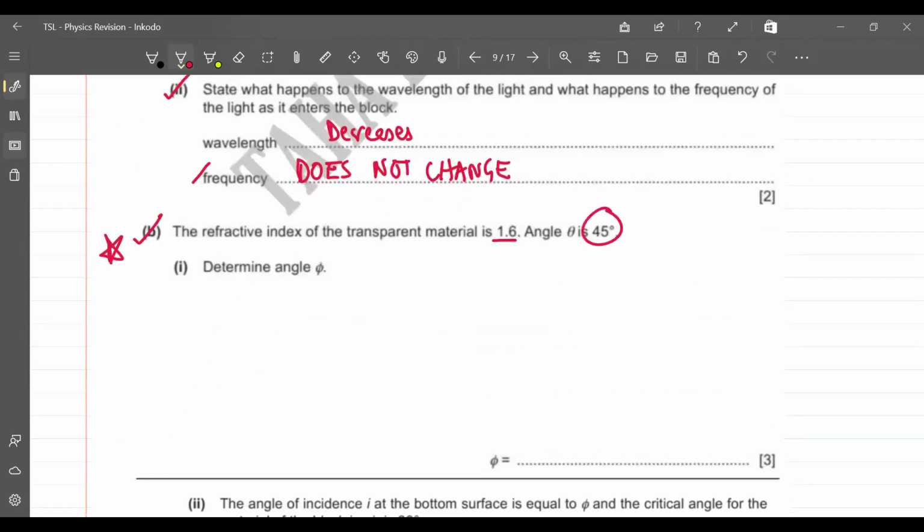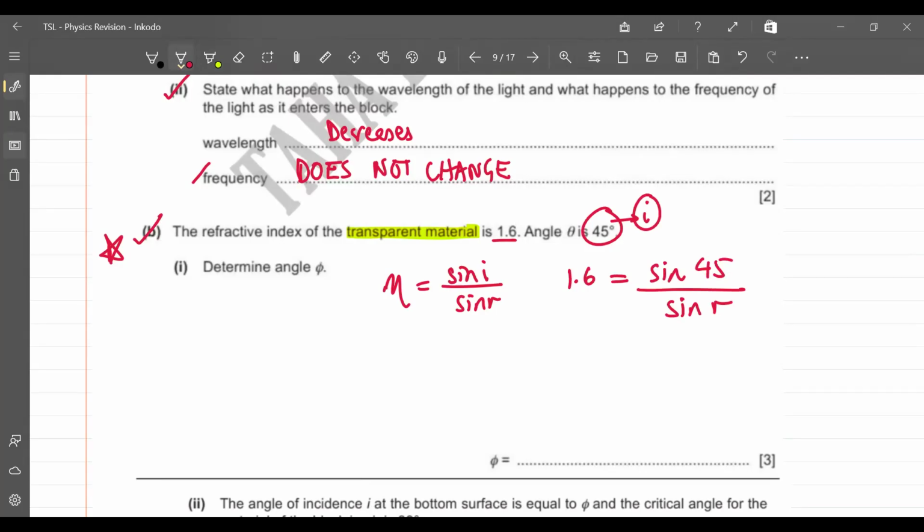एंगल थीटा इज 45, एंगल थीटा इज द एंगल ऑफ इंसिडेंस, ठीक है जी। हम रिफ्रैक्टिव इंडेक्स निकालते, रिफ्रैक्टिव इंडेक्स इज साइन आई ओवर साइन आर, बिकॉज ये सेकंड मीडियम की बात कर रहा है, बिकॉज ट्रांसपेरेंट मटेरियल इज द सेकंड मीडियम, अंडरस्टूड। रिफ्रैक्टिव इंडेक्स आंसर गिवन है 1.6, साइन ऑफ एंगल ऑफ इंसिडेंस है 45 अपॉन साइन ऑफ आर निकालोगे, आर पहले निकलेगा, उसके बाद उसको 90 से माइनस करोगे तो फाई निकलेगा। 1.6 को उधर मूव कर देते हैं, साइन आर को इधर मूव कर देते हैं, साइन आर इक्वल्स टू साइन 45 डिवाइडेड बाई 1.6।